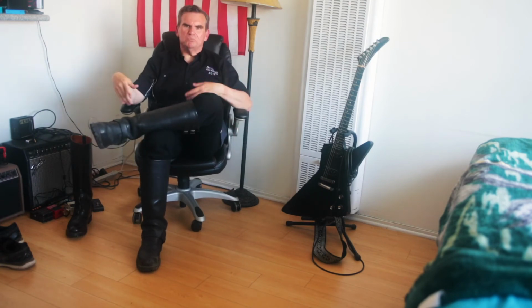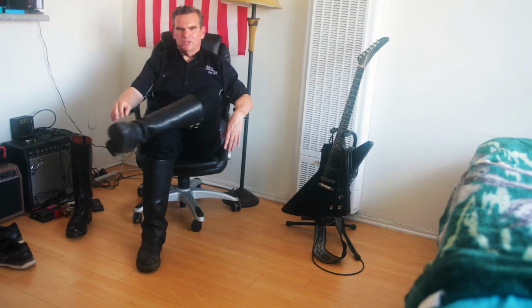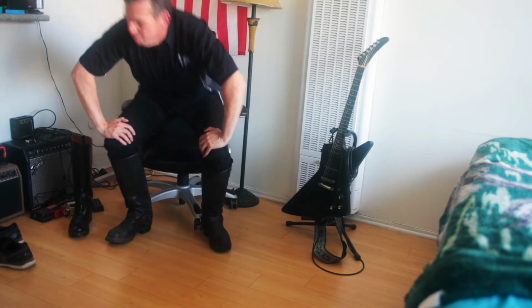I think if I polish them up a bit, they'll be fine. But I've been kind of itching for a new boot. And I thought, hey, maybe I'll get a new WESCO. Because there's a couple things. I wanted to get the engineer type. This is the Boss model. But this is the harness model. Harness, because it has a harness there. But I've been wanting to get the engineer boot like,